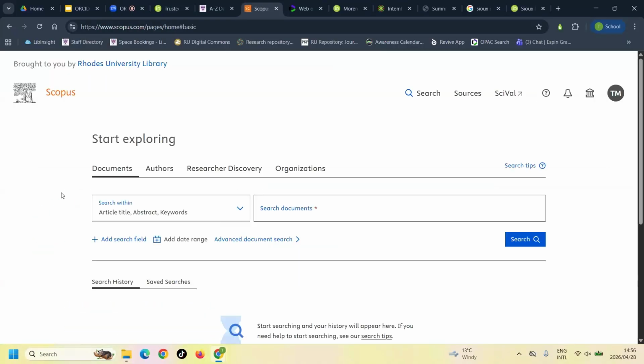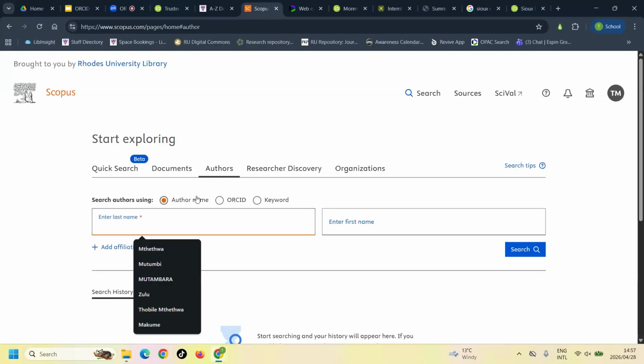Then I'm just going to quickly log in. If it doesn't log you in automatically, you would have to sign in through the institution. Because I already have an account, it automatically signed me in, but the same way we had to authenticate through our Web of Science platform, you'd have to use your Rhodes email address and use our institutional login. So once you've logged into your Scopus profile, you come to authors, then you will search using